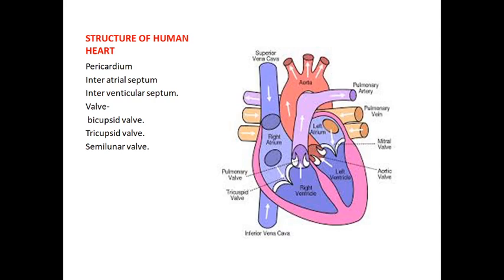And what are the diseases caused by the decrease or increase in the number of WBC and RBC? The first example is anemia. It is caused by a decrease in the number of erythrocytes, and in leukocytosis there is an increase in the number of WBC. Leukopenia is a decrease in the number of leukocytes, and thrombocytopenia is a decrease in the number of thrombocytes. These are the diseases.